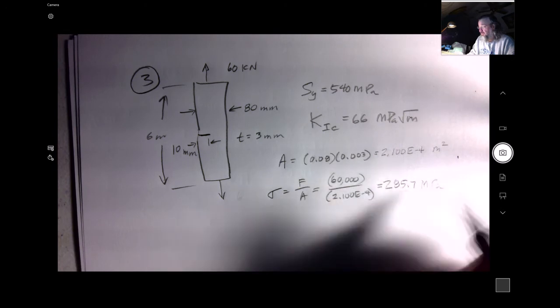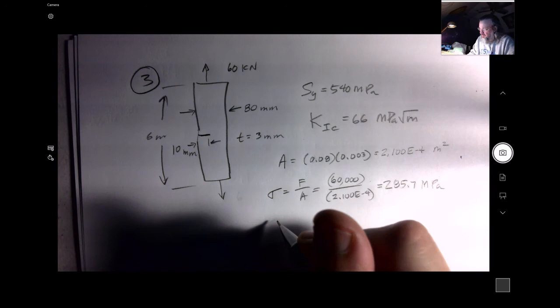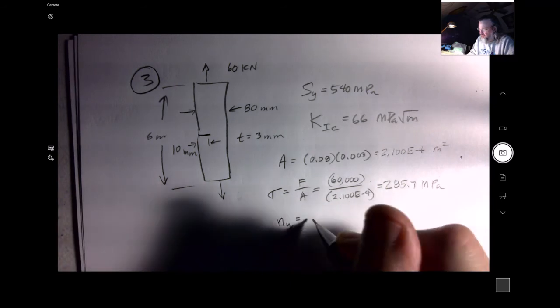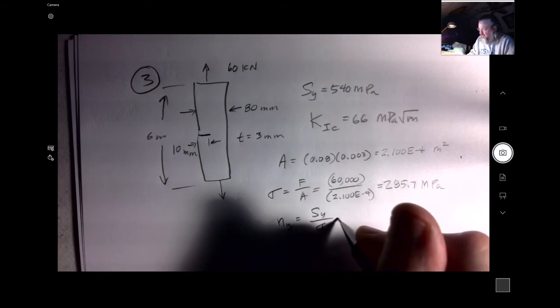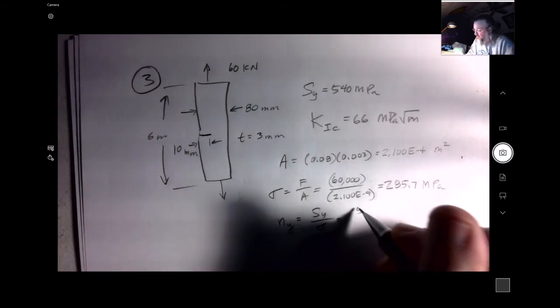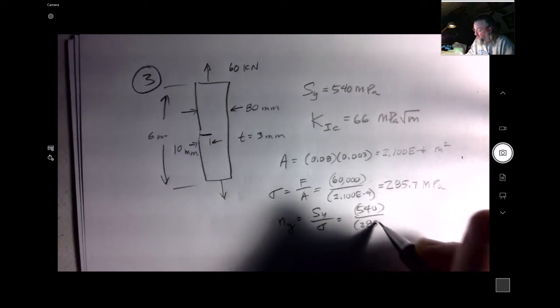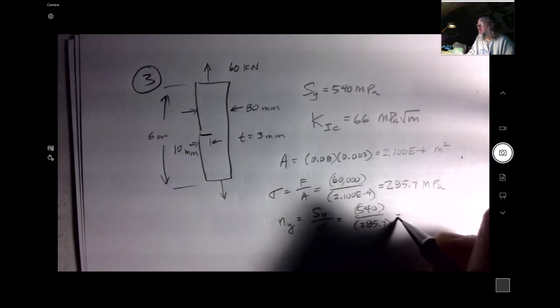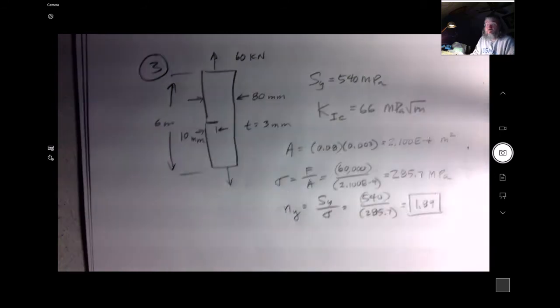megapascals. So the safety factor for yielding, the yield strength divided by that stress, is going to be 540 divided by 285.7, and so I get 1.89. Okay,